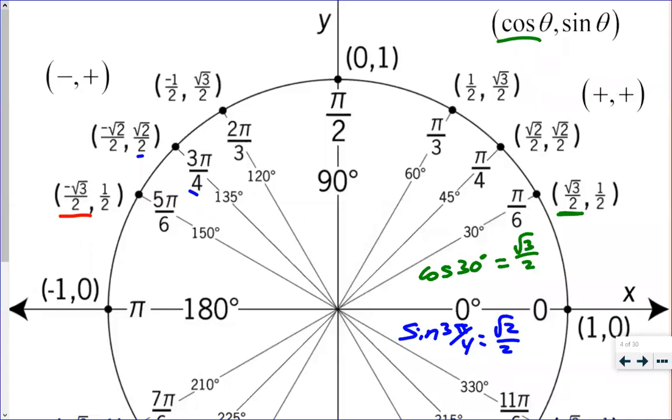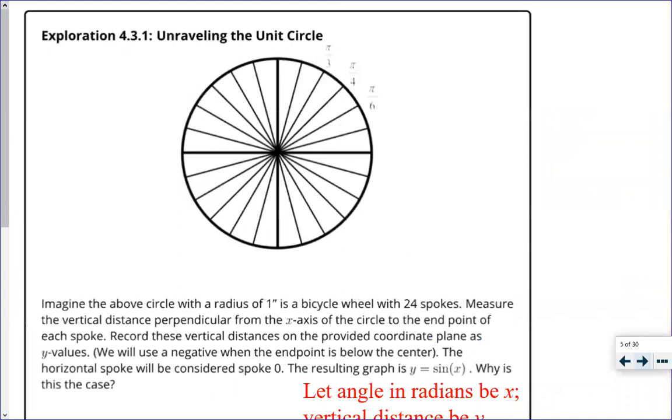Okay, so what we're going to be doing is what I call unwrapping the unit circle. This is our old friend, the unit circle, right? We know what this is. The coordinate points on the outside give us their XY coordinates, but we know that the X coordinate is the cosine and the Y coordinate is the sine, right? And they're just distances. A copy of this is in today's folder. Basically, if you read the paragraph there towards the bottom of the screen,